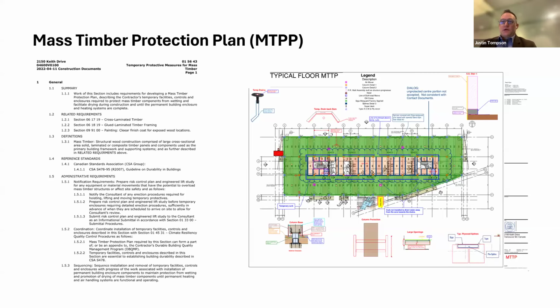And then onto water management. Everybody wants to know, how do you build a mass timber building in a rainforest? Well, we had a very robust mass timber protection plan specification that evolved into the construction mass timber protection plan. Our spec is on the left. The contractor's is on the right. And it shows not only products and procedures, they also had plans mapped out of exactly how they were going to lift, protect, do temporary measures, do soft drains,